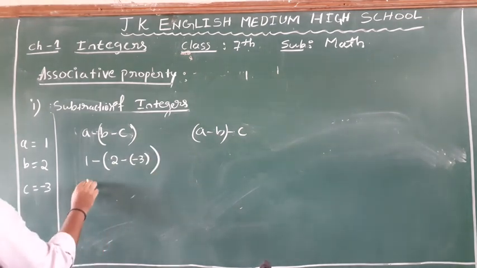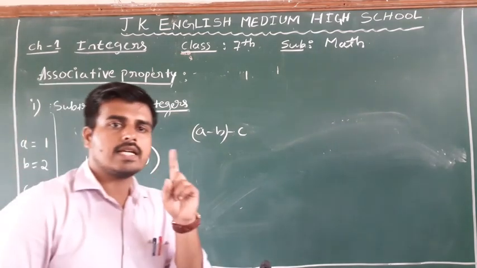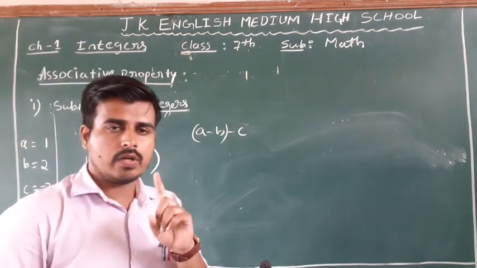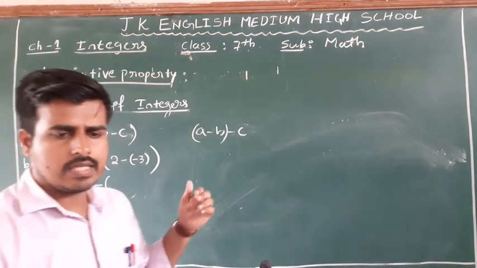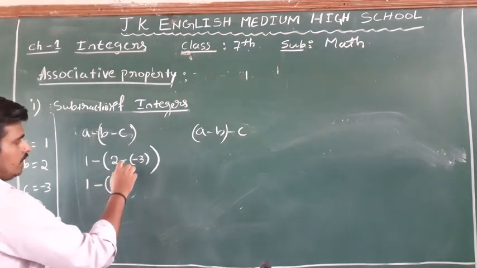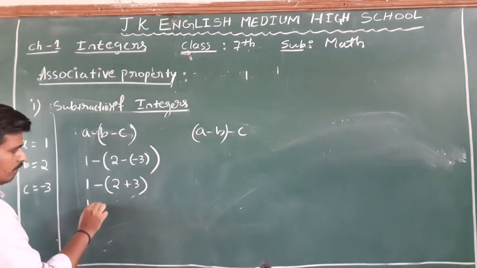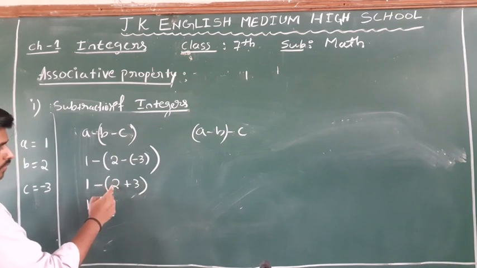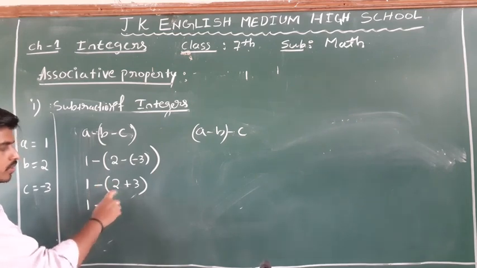First you need to solve inside a bracket until you get a single number inside the bracket. If you don't get a single number in a bracket, you can't open the bracket. Okay, you can open it, but it will increase your difficulty level. Now 2 as it is, minus into minus, plus. 1 minus, first solve inside. This is positive, its sign is here, this sign belongs to the whole bracket, don't get confused, don't think that 2 is negative. The sign of 2 is a plus only, this sign belongs to the whole bracket.